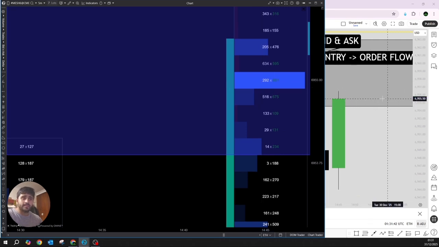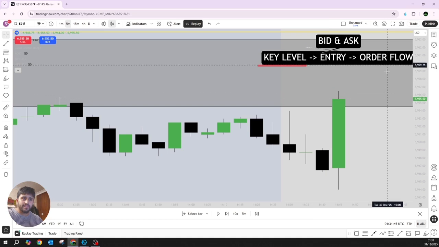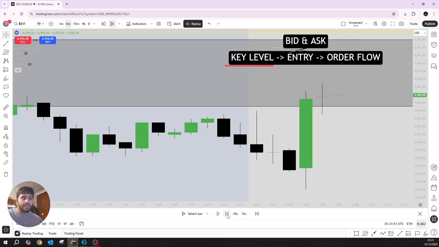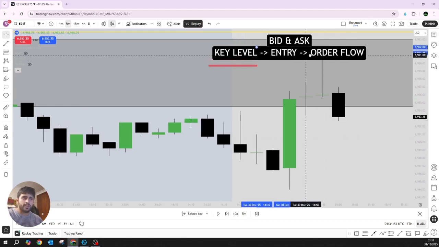So at this price here, 69.55 to around 69.60, we see a ton of blue delta or positive delta. So what that means to us as traders is there's a lot of aggression here. Buyers are putting